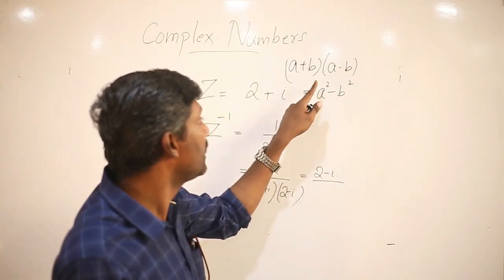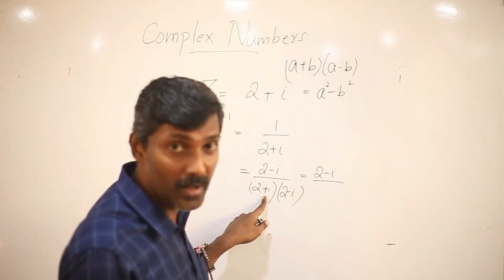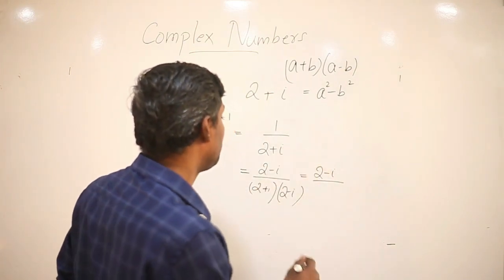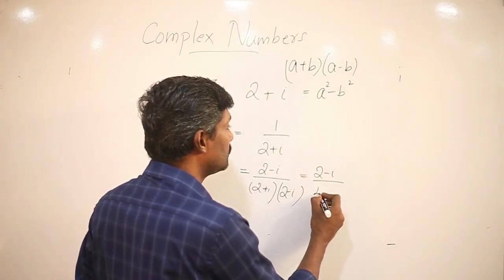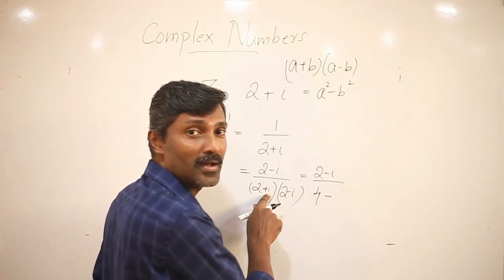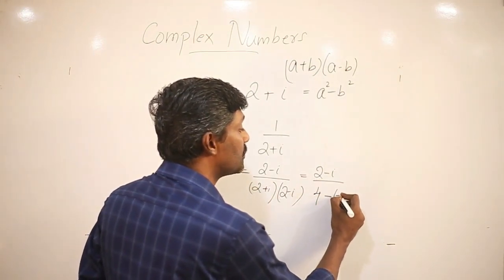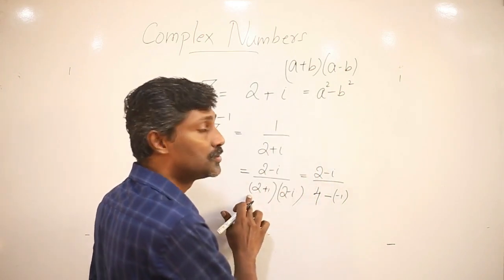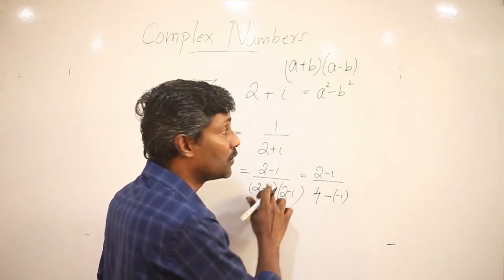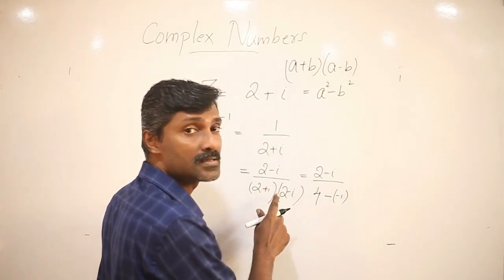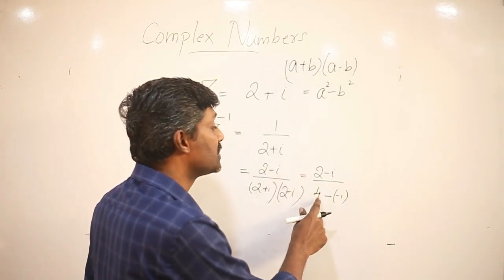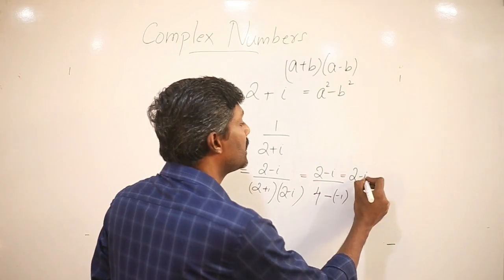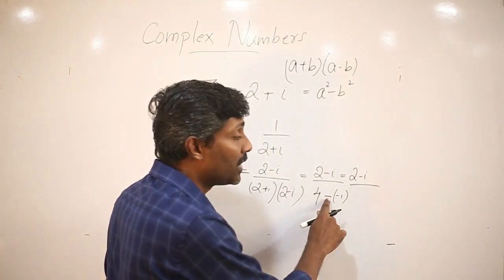And here we have a as 2 and instead of b we have i, right? So (2 plus i) into (2 minus i), applying this identity, we get, what is 2 square? It is 4 minus of, what is i square? i square is minus 1, right? So this is 4 minus of minus 1. I just applied this identity here. So here a is 2 and b is i. So a square minus b square means 2 square minus i square, which is 4 minus minus 1. So this becomes 2 minus i divided by, what is 4 minus of minus 1,